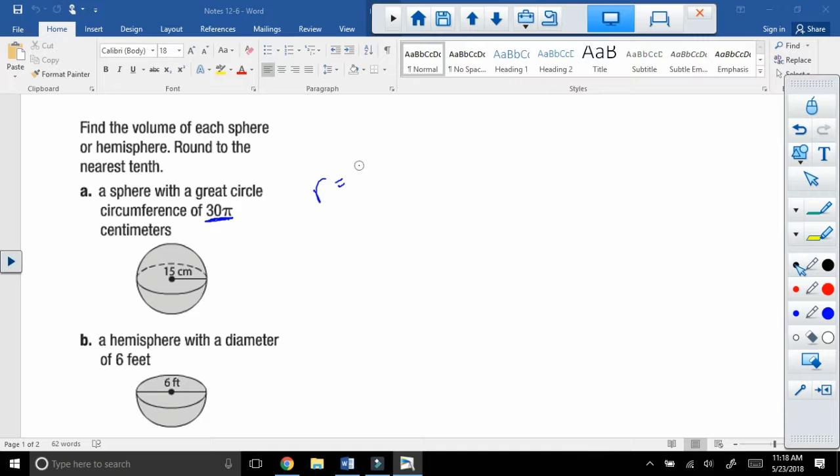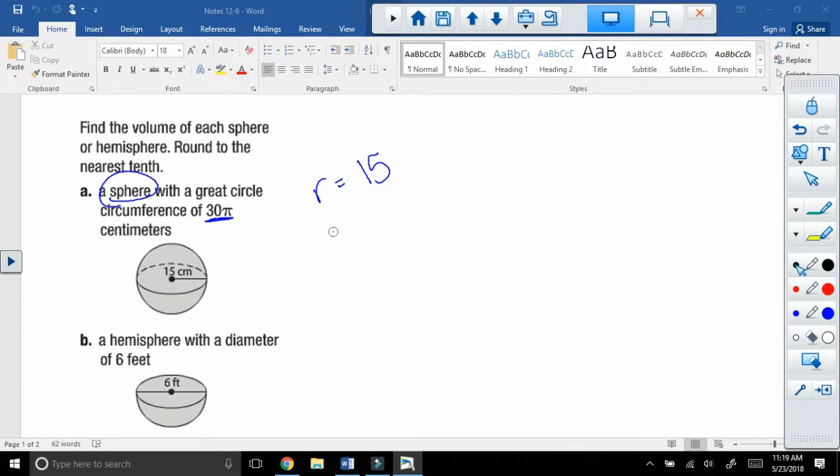Can I just jump to this and say the radius is 15? Are we good with that? Dividing by 2 pi, if I just make that step. So the radius is 15. Oh, you know what, I guess they even gave it to you right there. I guess they didn't have to have that picture drawn for you. What is the volume